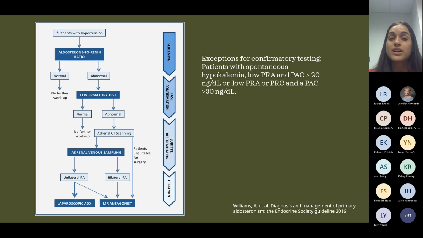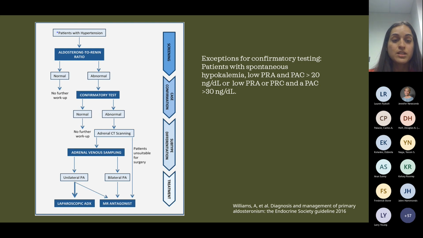So we have a patient with an adrenal incidentaloma and high blood pressure. Make sure to check the aldosterone and renin, and then do confirmatory tests, except for the exceptions that I put here and in the previous slide, where we don't need to do the confirmatory test. Then we are going to order an adrenal CAT scan, and then we are going to check an adrenal venous sampling. If we have a unilateral primary hyperaldosteronism, a unilateral adenoma,